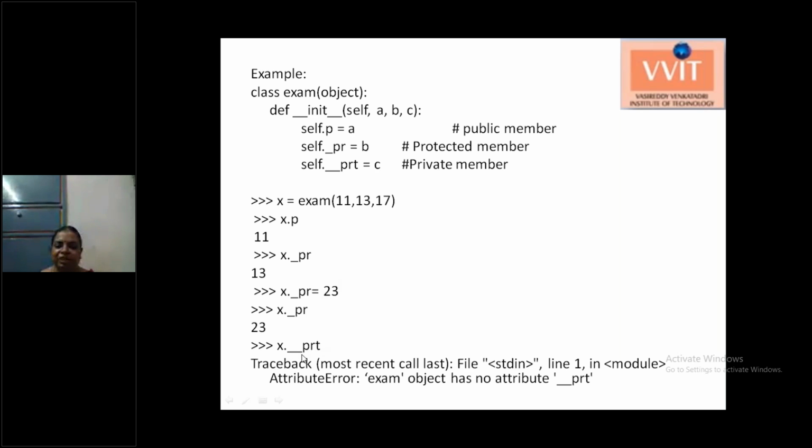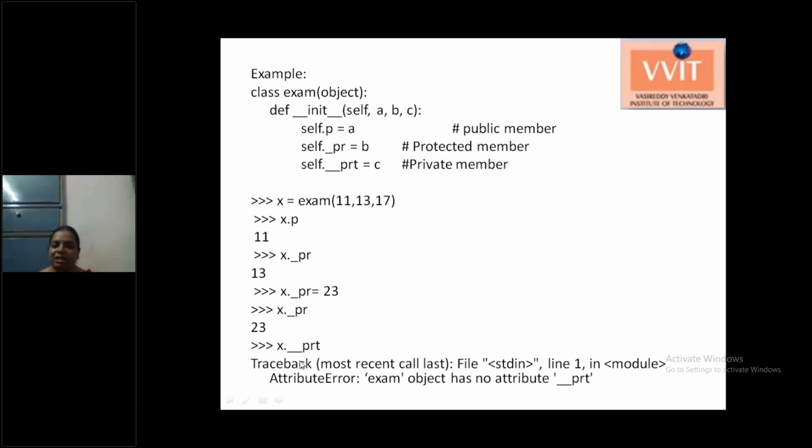But whenever you try to access the private member, you will get the error: attribute error, exam object has no attribute double underscore PRT. Because PRT is a private variable, you are not able to access it through the object.